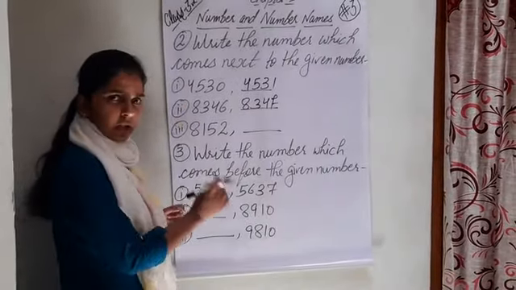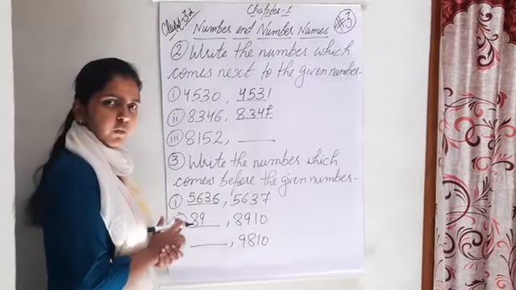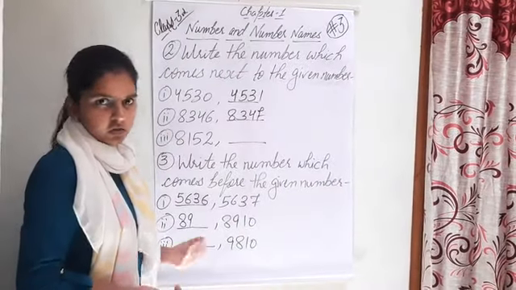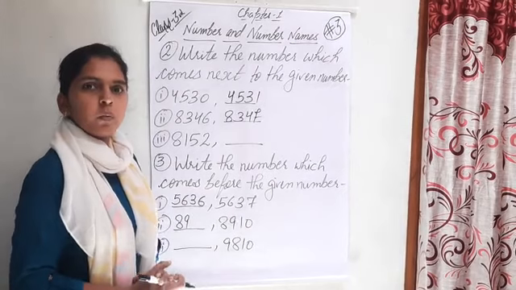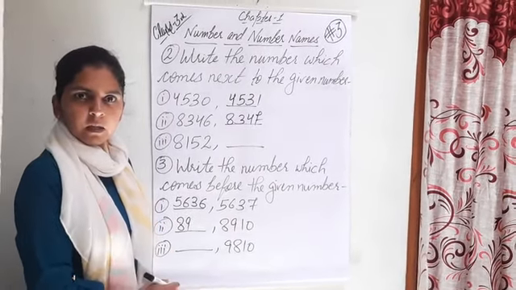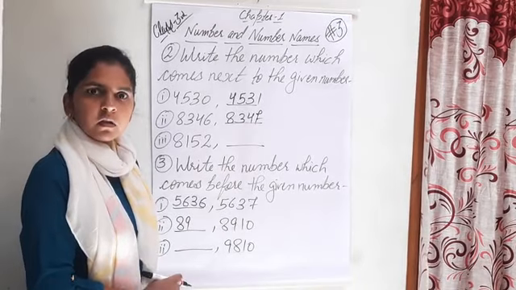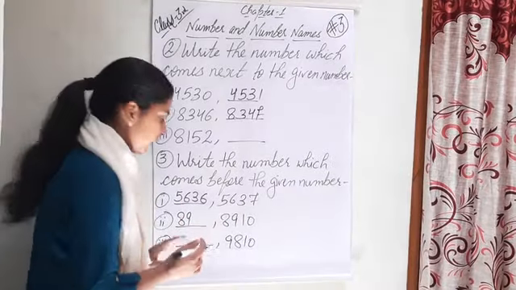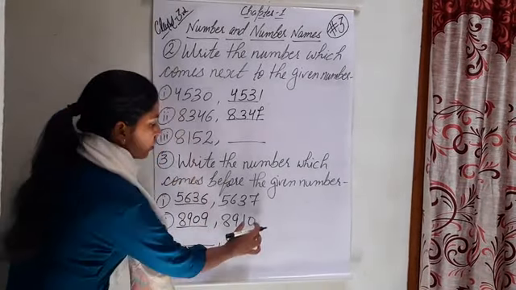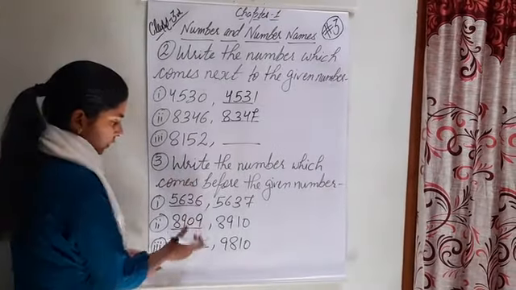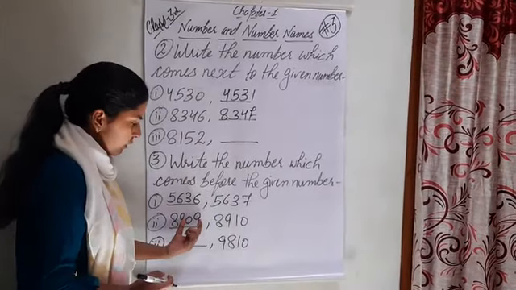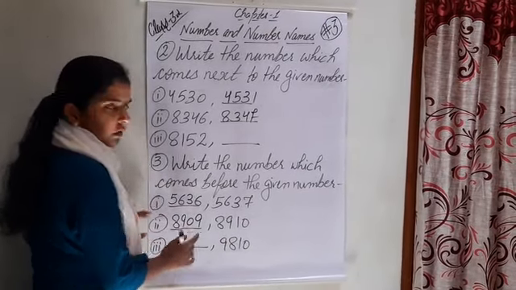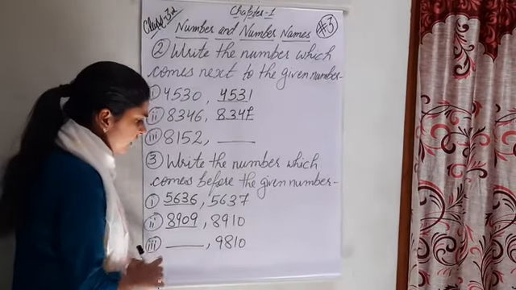Now you read the next two digits together. It means the number formed by the next two digits. The next two digits make 10. And you can easily tell me which number will come before 10. Before 10, you know that the number is 9. So in this question, we will write not only 9, we will write 09. Why? Because two digits are there. So there will be 09. So our answer is 8909.